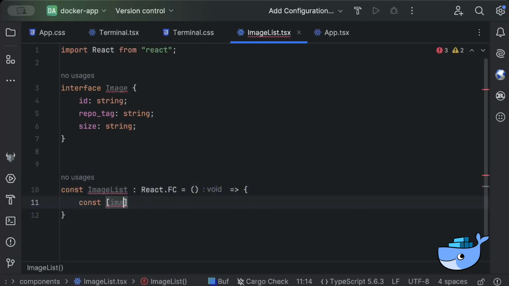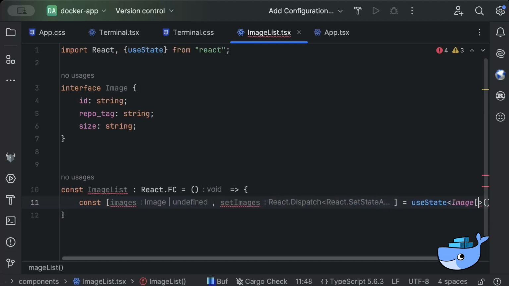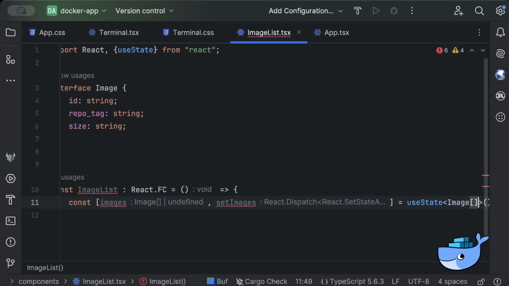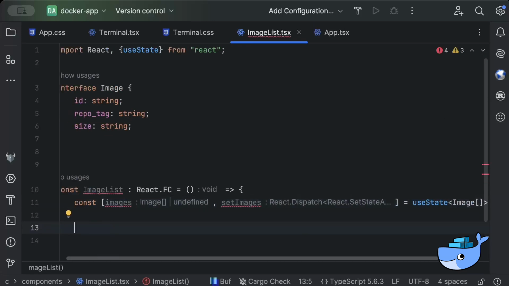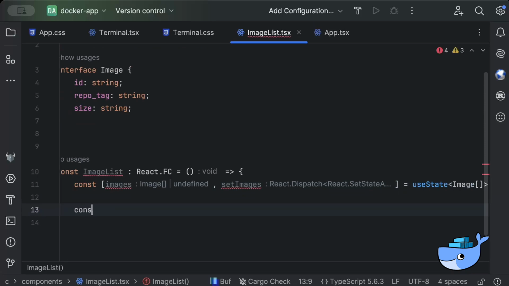Const images, setImages, and useState, Image array, and then we have fetchImages, async,